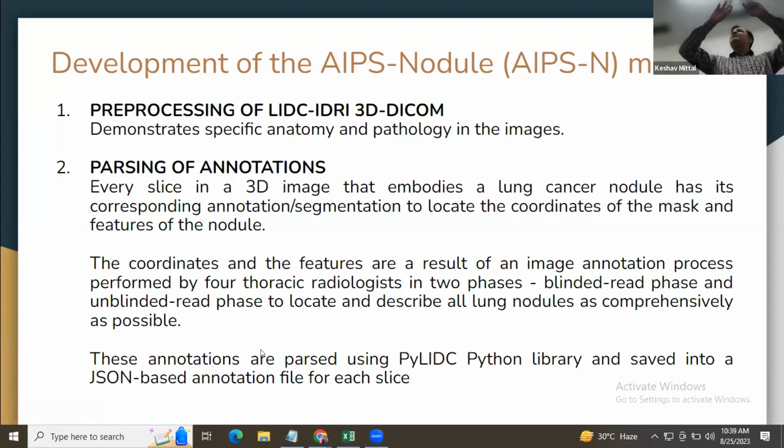Once I read through, because a doctor will write in his own way, a radiologist will write in his own format, I need to bring it to the language or the format which my machine, my algorithm, is going to read. So I call this format and save that. One of the formats associated with these images is called JSON format.